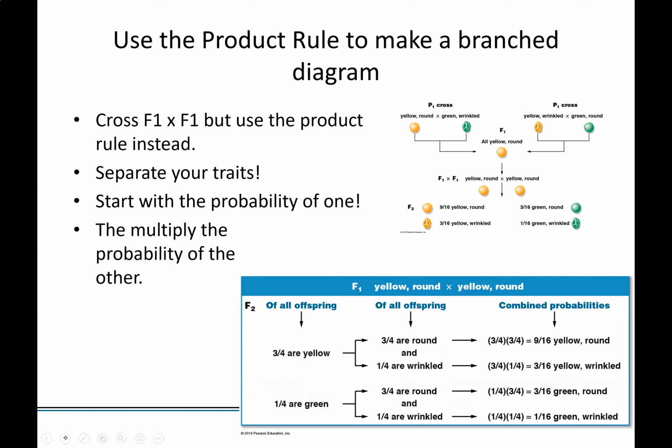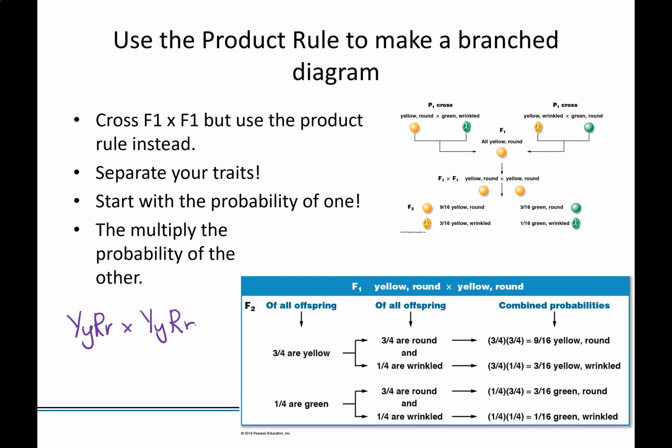We can also use the product rule to help us with our dihybrid crosses. Now, most of you are probably more comfortable with the Punnett squares for the dihybrids, but they can become a little bit tedious. And sometimes it is helpful for students to look at those in a different way. So we can set up a branch diagram in the same way that we did on the previous page with our flipped coins or our daughter, son, daughter example, by looking at the different crosses that we would be wanting to do. So let's say we have our dihybrid